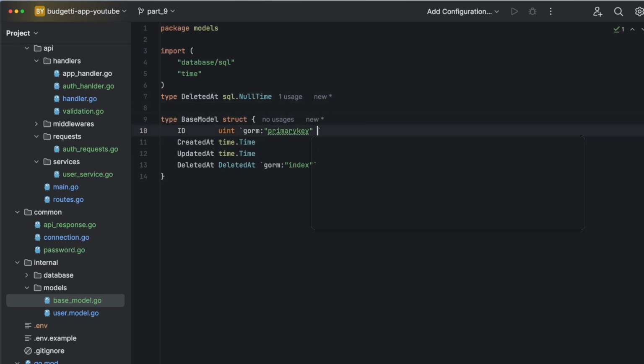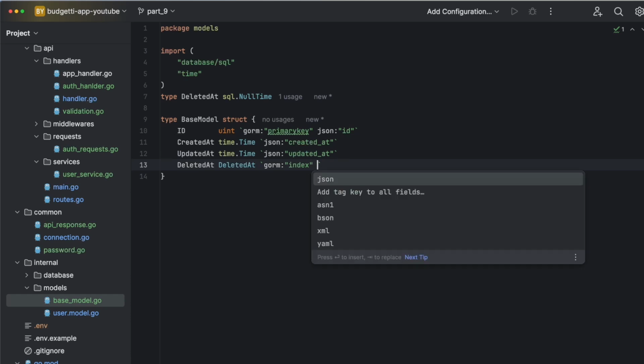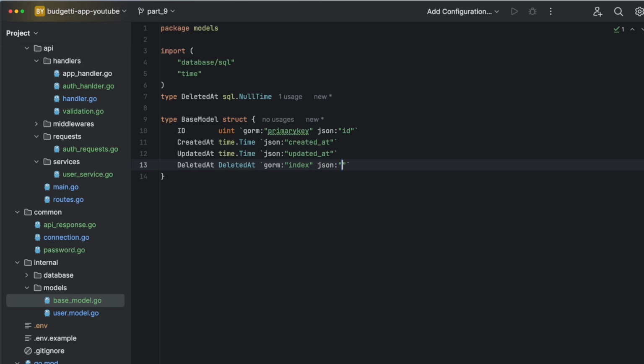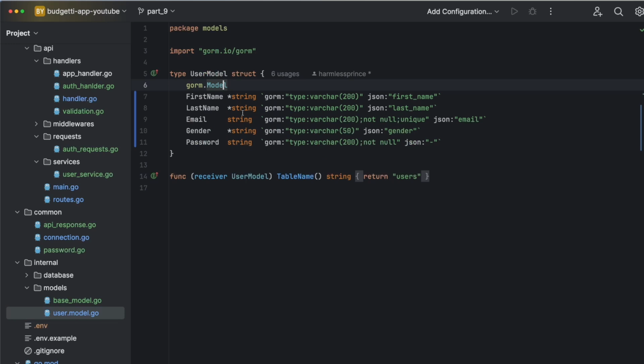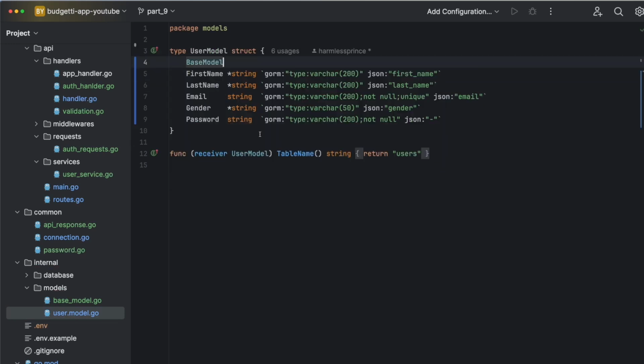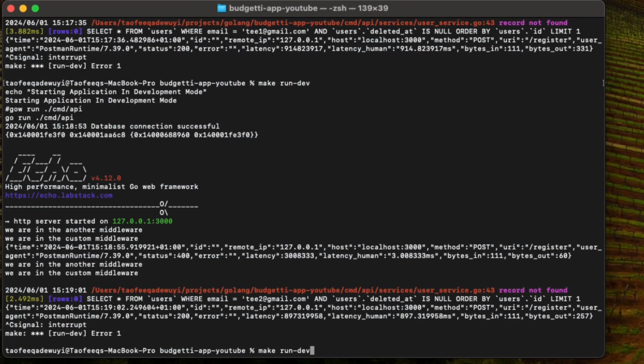So we are going to define the JSON tag ID. Then we are also going to define the JSON tags for created at, updated at, and deleted at. We don't even need to return the deleted at, so we are just going to remove it from the JSON response, like so. We are now going to come back to our user model and replace it with the base model, like so. If we refresh our application,